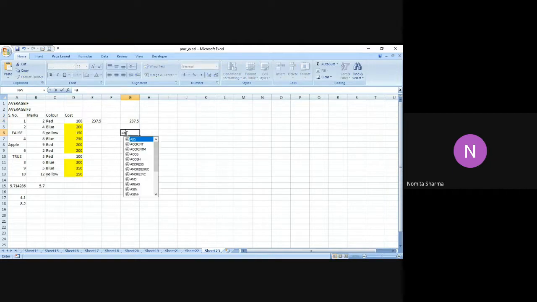Let me give one more try. I say AVERAGEIF, the range. Let me give the range over here, like with marks, and this time I'm going to use the text value over here.